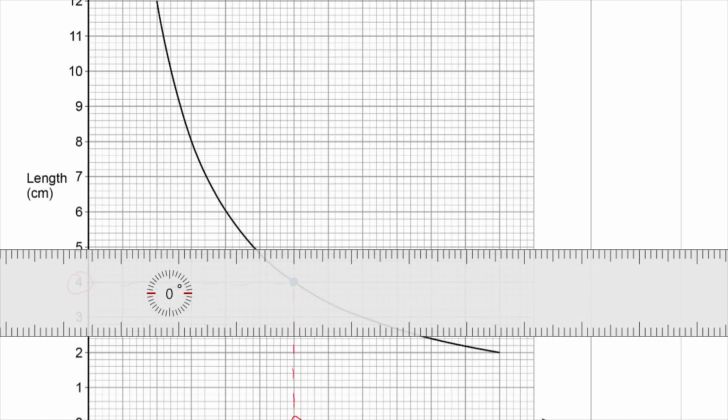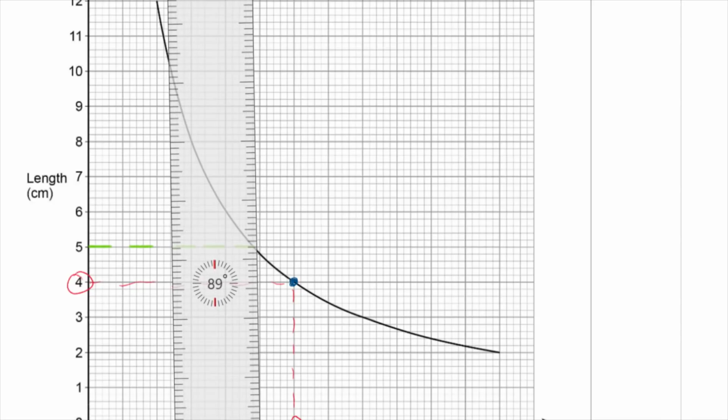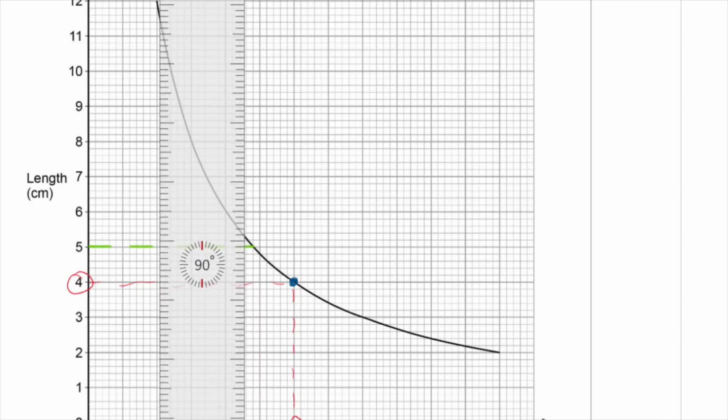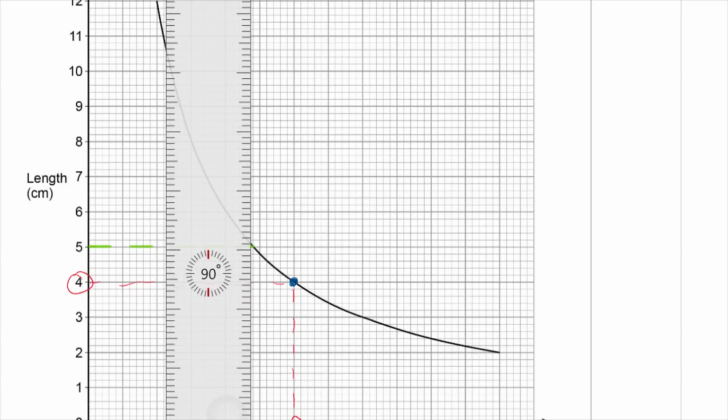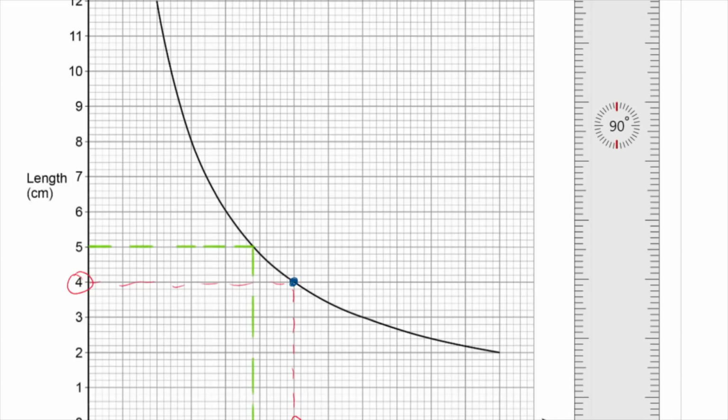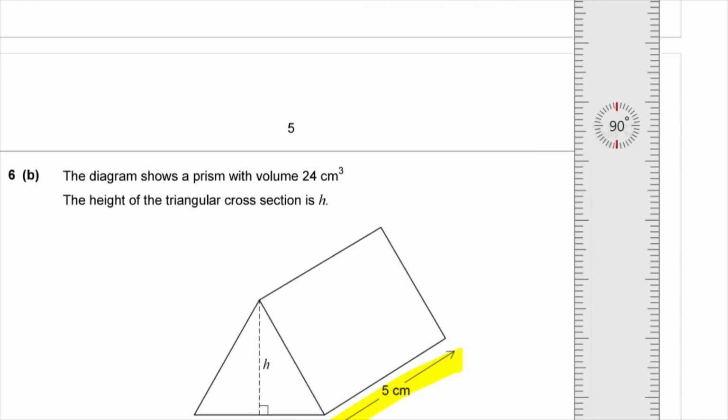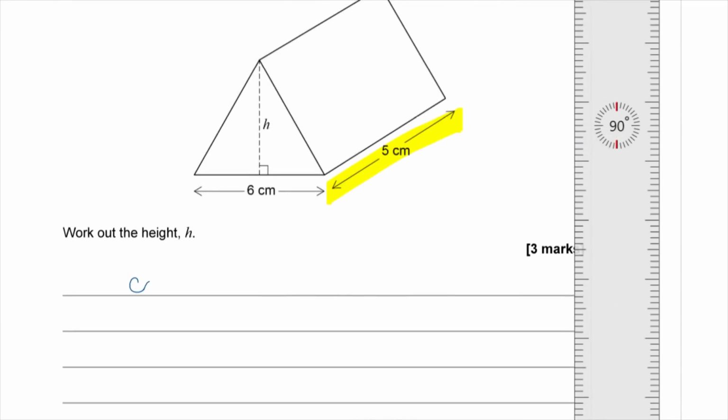Just pick a different color. And then reading down. That gives me a cross-sectional area of 4.8 centimeters squared. So given that the cross-section is equal to 4.8 from the graph,